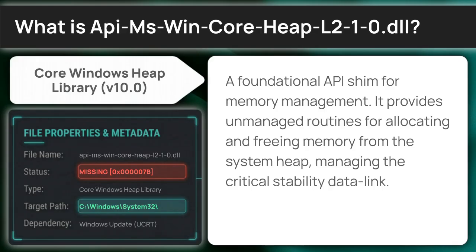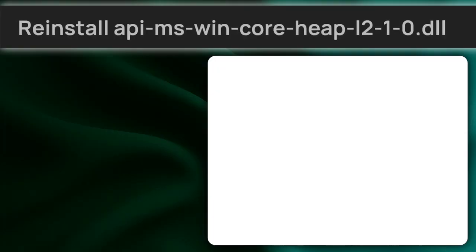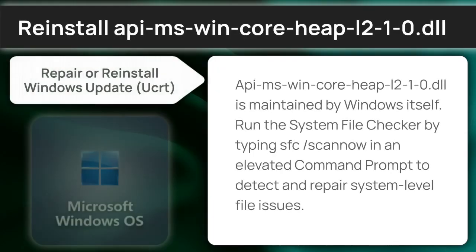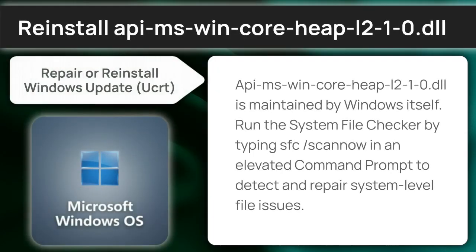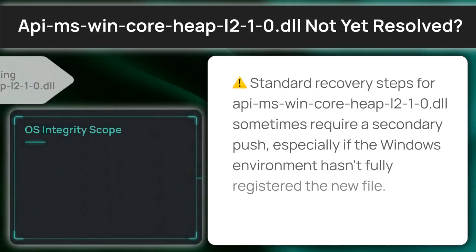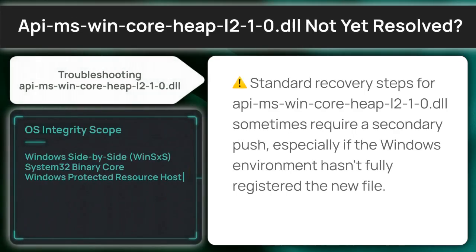Let's transition to the solution, starting with the official Microsoft redistributable. API MS Win Core Heap L210 is maintained by Windows itself. Run the system file checker by typing sfc /scannow in an elevated command prompt to detect and repair system-level file issues. If the installer was unable to bridge the gap, we will move to phase 2 of our diagnostic to